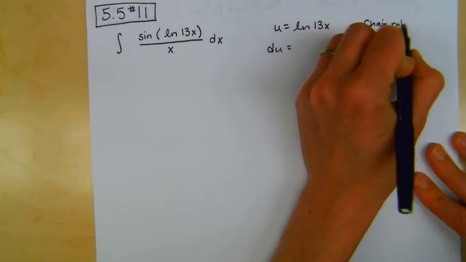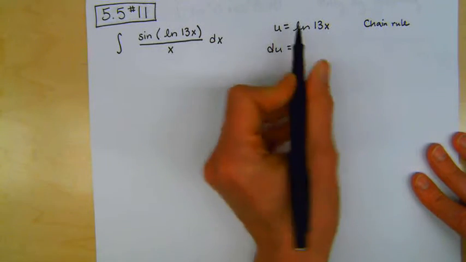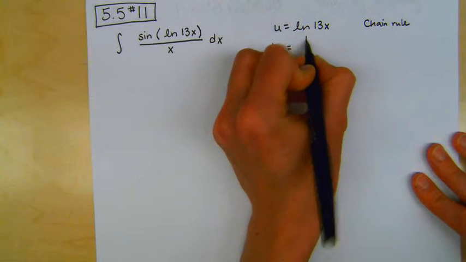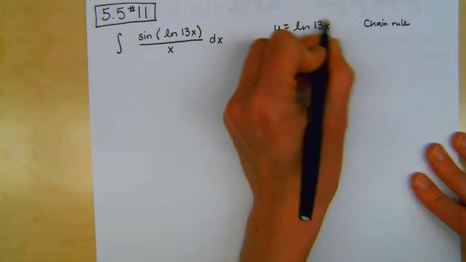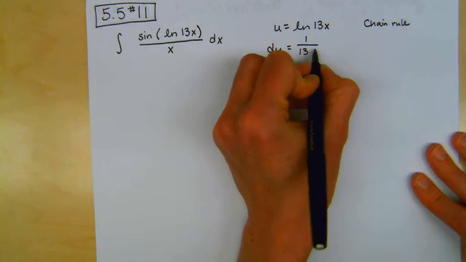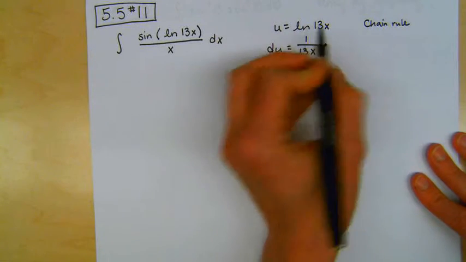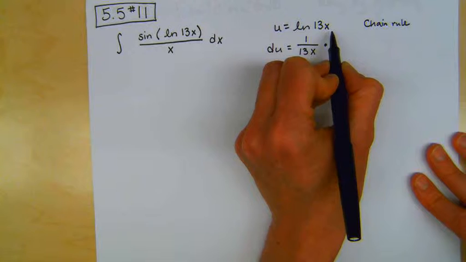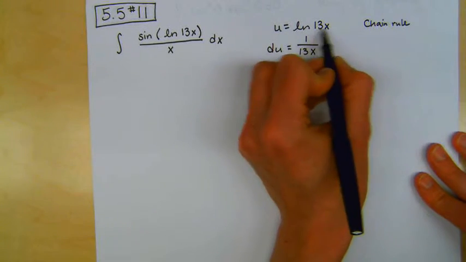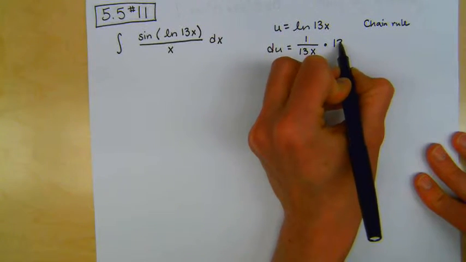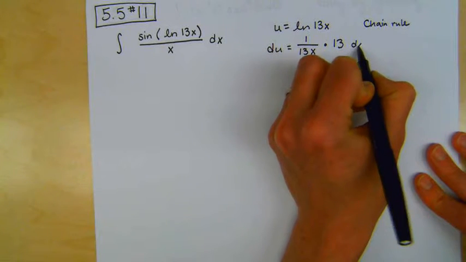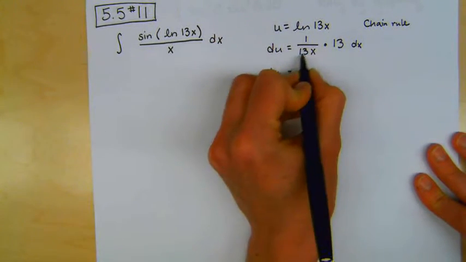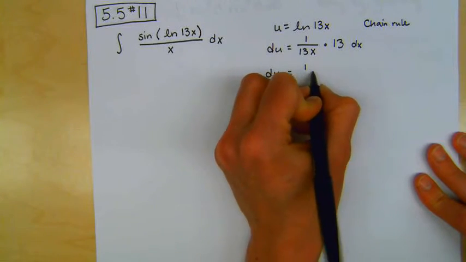where I think of the outer function as the natural log function. So the derivative of the outside function is the derivative of natural log, which is 1 over this function, 13x, times the derivative of the inside function, and in this case the inside function is 13x. So the derivative of 13x is just 13 dx. And notice that that means that these 13's actually cancel with one another, and we're left with just 1